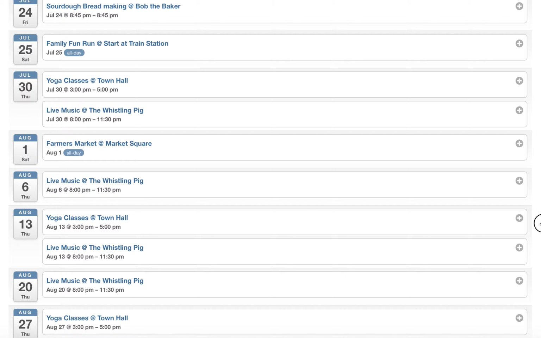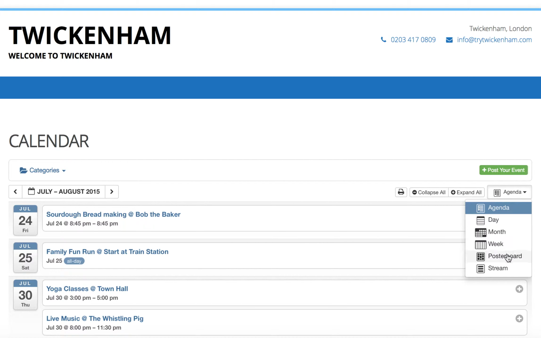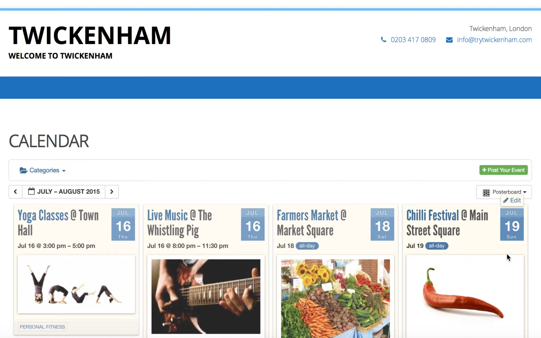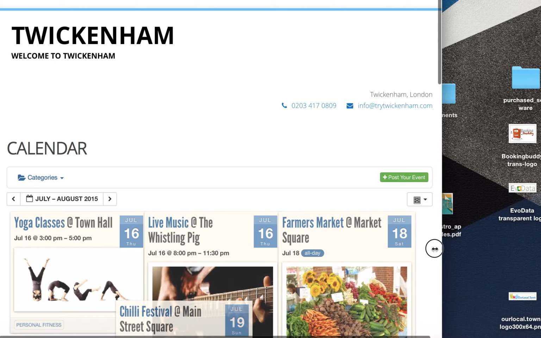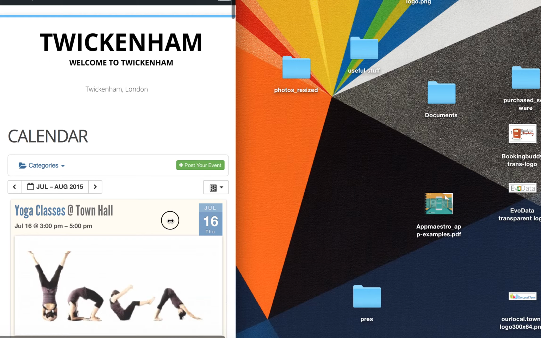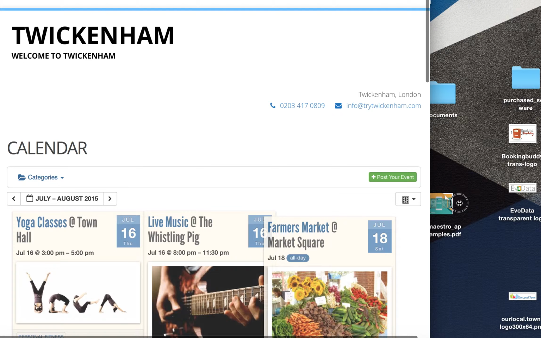It's fully responsive. So if you looked at, let's say, a poster board layout, what that means is that it will automatically adapt itself to whatever device someone is viewing it on. So here we've got a desktop, but if we shrink it, say to a tablet, like that, or down to a mobile phone like that, it automatically adjusts, and the system can be set up and used on any